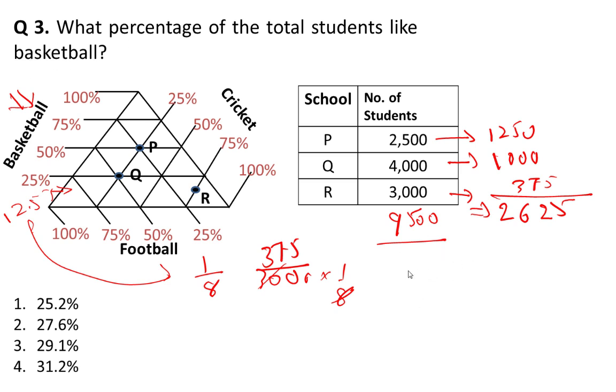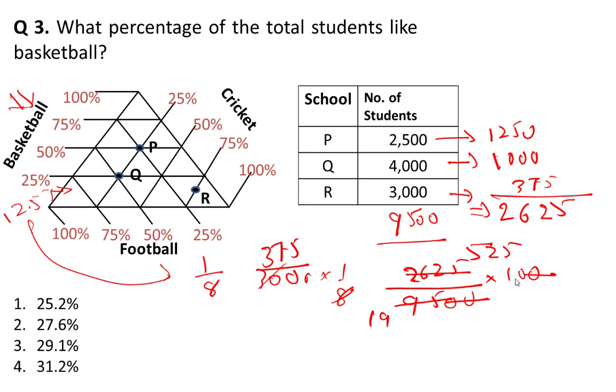So my numerator is 2625 by 9500. So I go with 100. Why am I doing this? Because in the denominator I can see 2 zeros are there, so this 00 gets cancelled, and this again gets cancelled by 5, 19 times, and with 5, 5, 5, 25, and the next 25. So 525 divided by